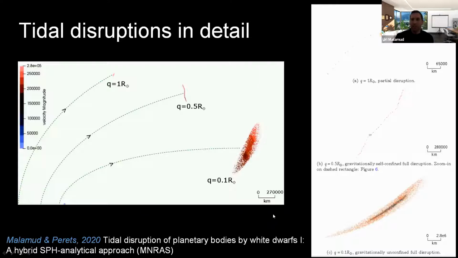So what you see here, as I explained, is the planetesimal. It comes within the white dwarf and it disrupts. This is approximately the Roche limit of the white dwarf. What happens depends on how deep inside the Roche limit you actually get. If you go very deep, very close to the star, you have a very violent disruption. You can see the zoom in here in this image below, and a large velocity dispersion among the particles.